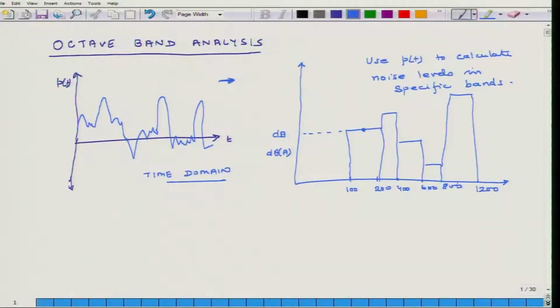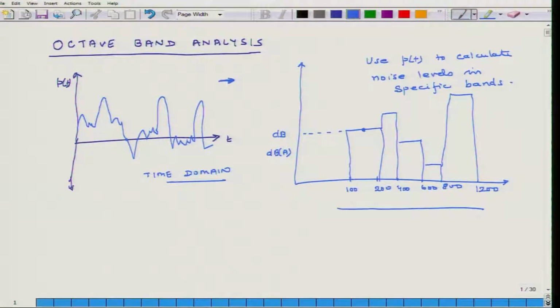Here I am not following any specific pattern, but the question which may be asked from you by your employer or from the industry is that if I give you data in the time domain, can you tell me in decibels how much noise is there in each specific band? How much sound energy or sound power is there in each specific band? So, between 100 and 200 hertz, how much is the sound power level? Between 200 to 400, between 400 to 600, 600 to 800. So, these type of